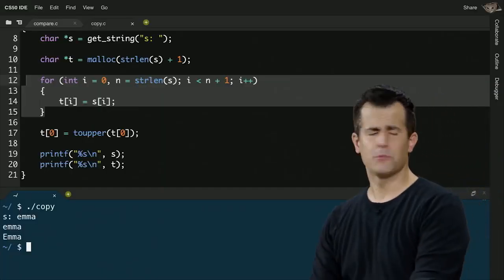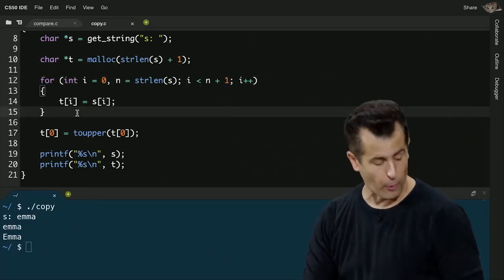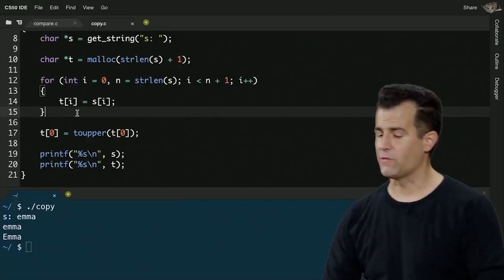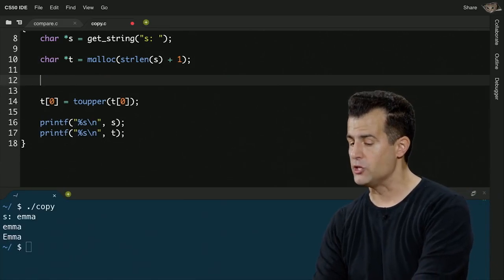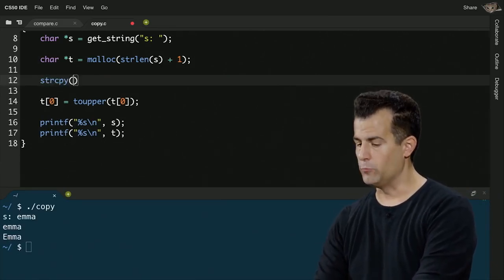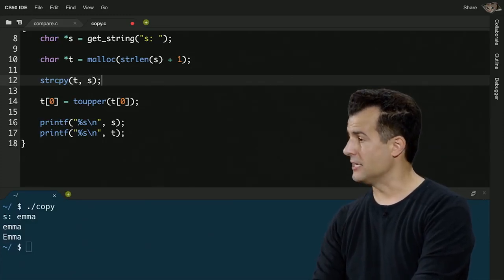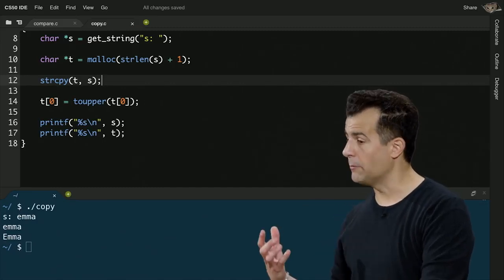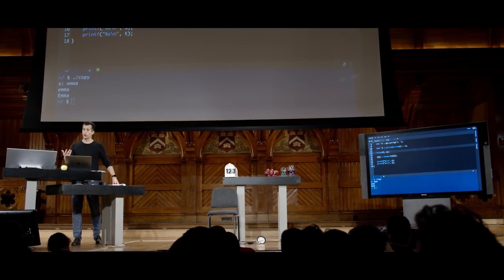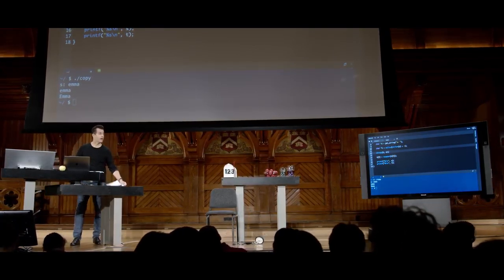All right, let's clean this up too. Surely people have been copying strings for years, and in fact, we don't need to do this for loop ourselves. It turns out we can simplify this code a little bit. If you look in the manual page for strings, you can actually use something called strcpy, without any vowels, and you can copy into t the contents of s. strcpy is a function written a long time ago by some other human, and they went ahead and implemented probably that loop for us. And it tightens up our code here a little bit more.